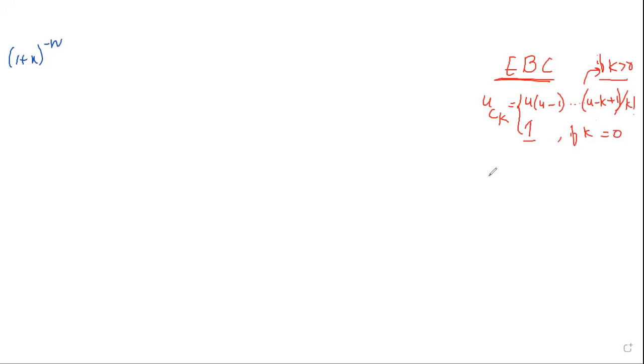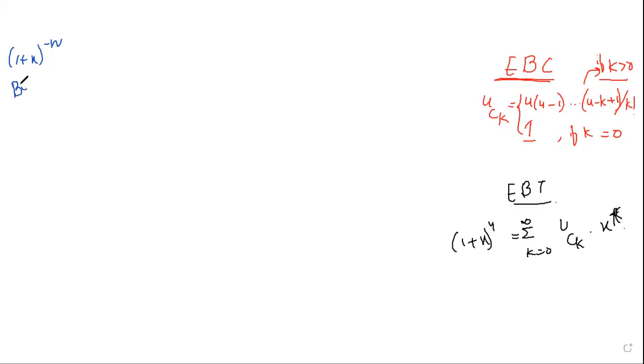Now, similarly, let's also write the extended binomial theorem so that it is simpler when we solve our example. This is the extended binomial theorem. Let x be a real number with mod x less than 1 and u a real number, then (1 plus x) whole power u is given as the sum from k equal to 0 to infinity of u C k into x power k. Now for that we have to find the generating function for this. Now let's take our example, (1 plus x) whole power minus n.